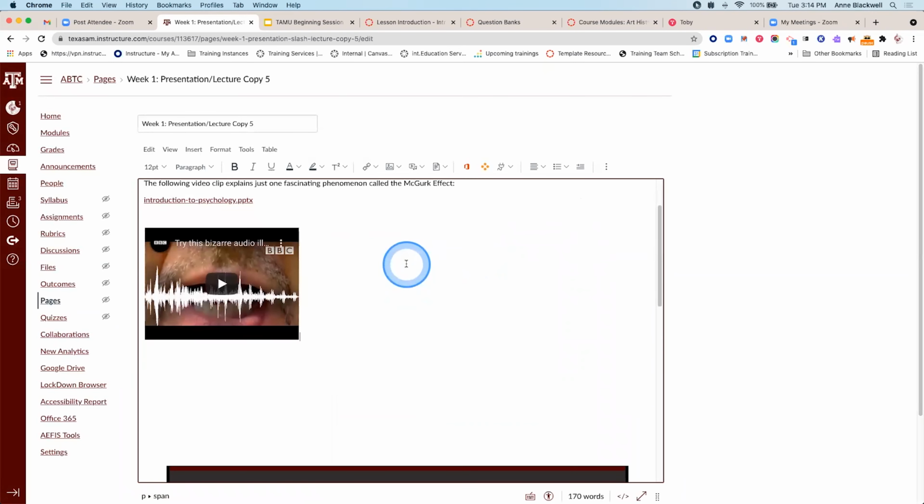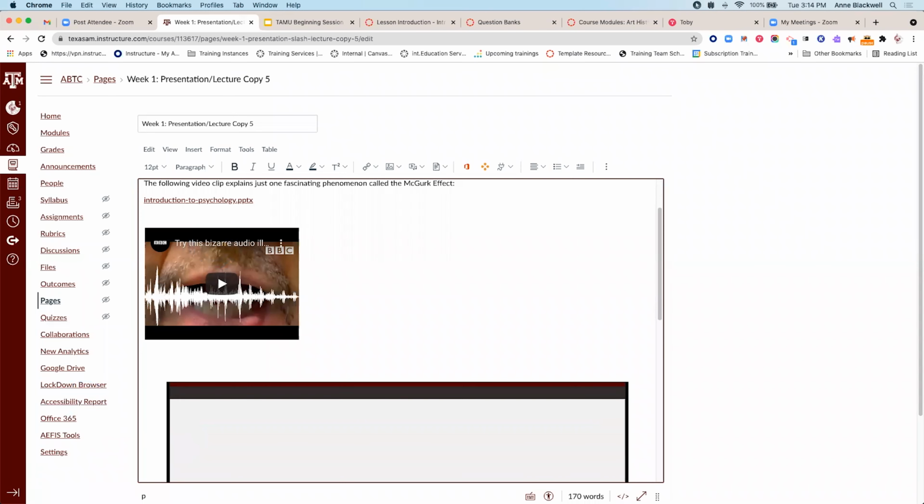And there's that video. Now, Canvas does, when you embed it in that manner, it strip out the ads. So you're not going to get the Airbnb ad or whatever that's at the beginning of it. It will go straight to the content of that video. So really helpful way to get some